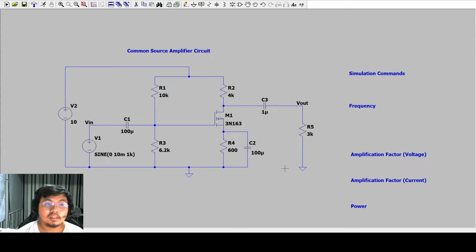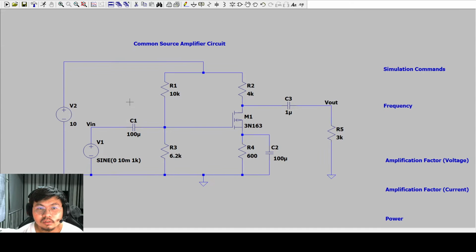Good day everyone. Today I will be presenting my project for the course ECE20L, Simulation of an FET amplifier. In this circuit, I have already drawn a circuit called a common source amplifier circuit. If you can notice, this circuit is very similar to another circuit called the common emitter circuit, which